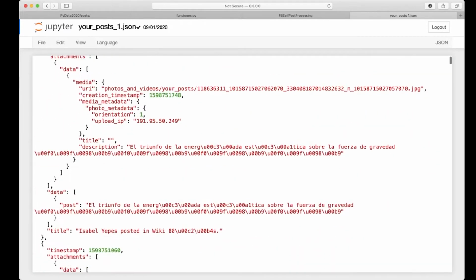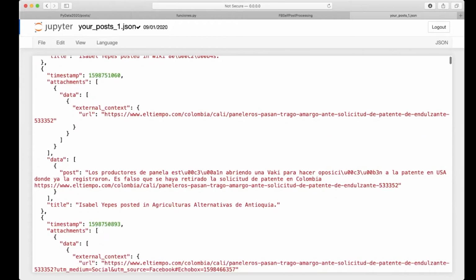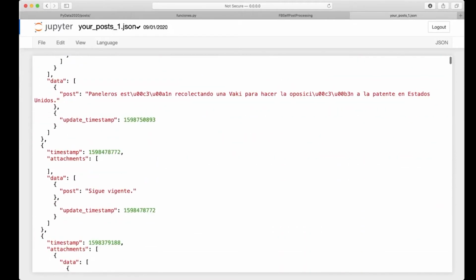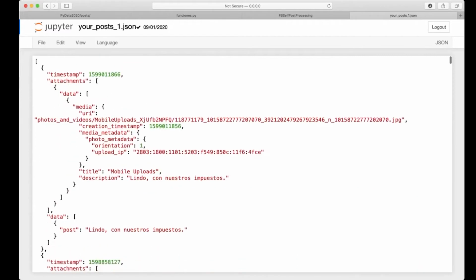One of the things I noticed when I reviewed this file is that not all the information has the same structure. It depends on whether you only write something to post, if you attach a link, if you comment on the link you attach, or if you attach an image. The structure of the JSON varies depending on that. So it's important to note that, because the processing can be tricky, since there's no uniform way to store the